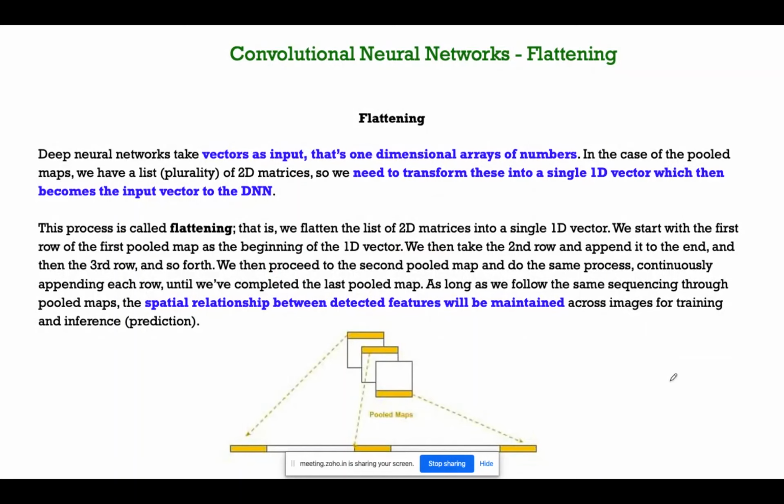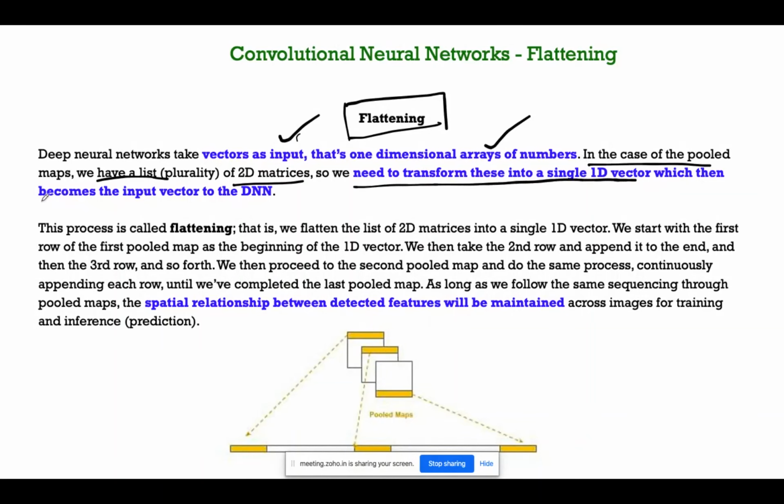And this is a very important phase of your neural network. The deep neural network takes vectors as an input, that is a one-dimensional array of numbers. In case of the pooling maps, we have a two-dimensional matrix. So we need to transform it into a single-dimensional vector, which can become an input to the deep neural network. This process is called flattening.